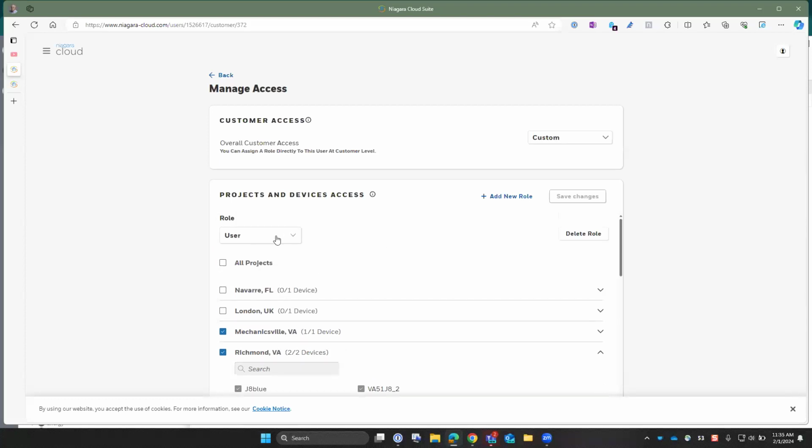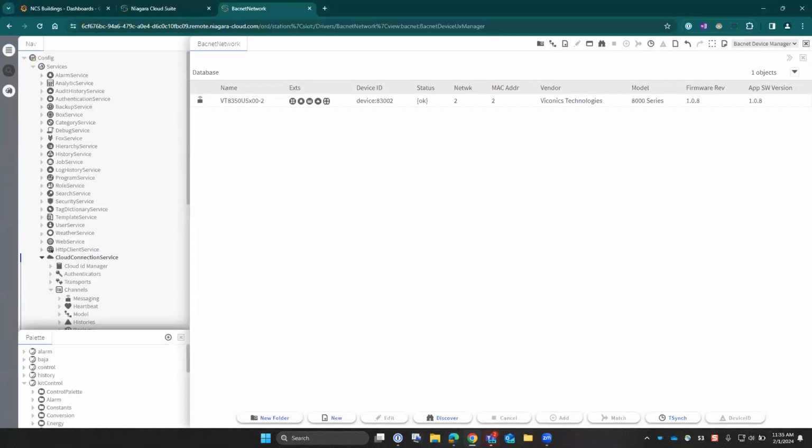We can populate the privileges to essentially let this customer be the admin or an actual user where you restrict what they can get to. Okay. And so that kind of brings up